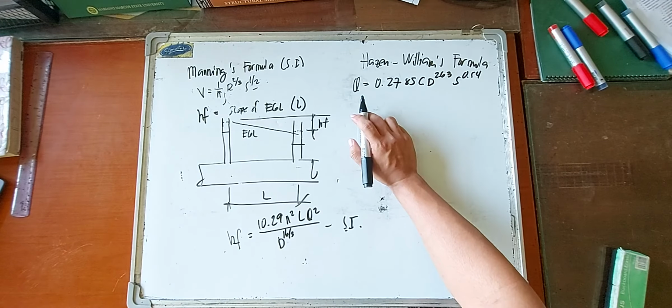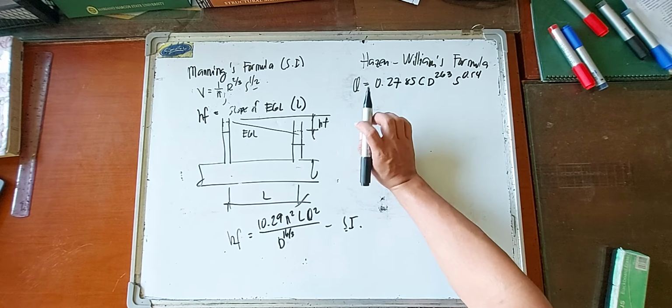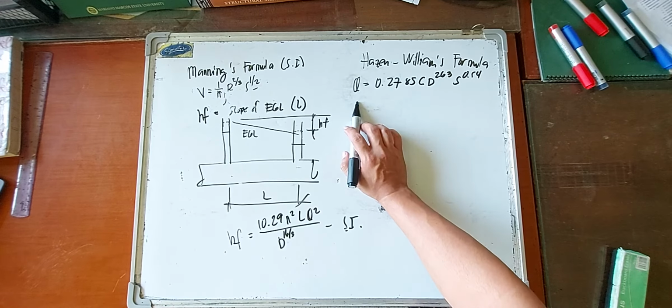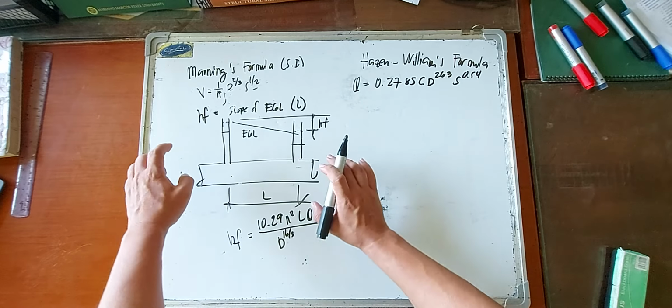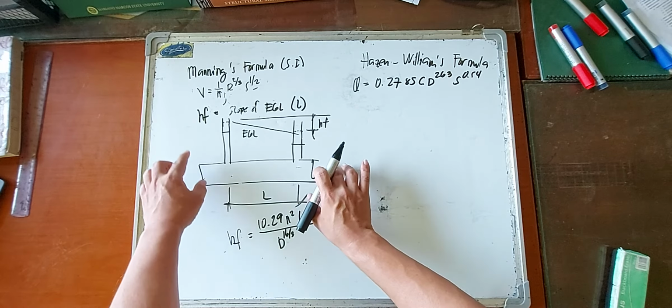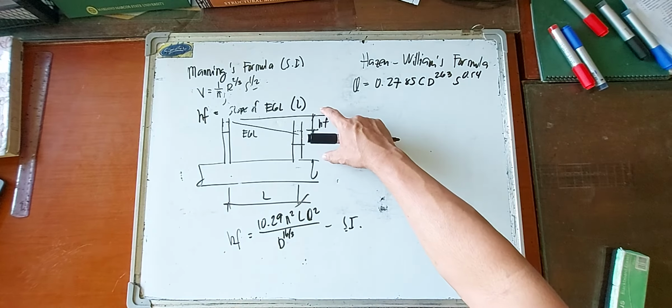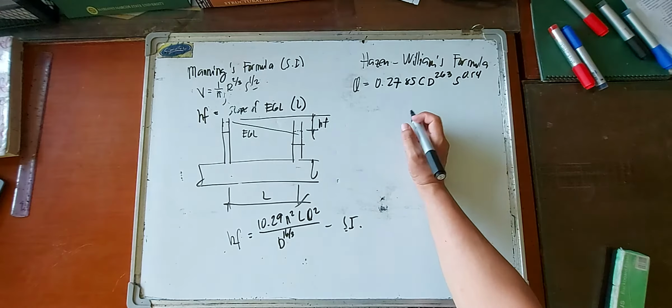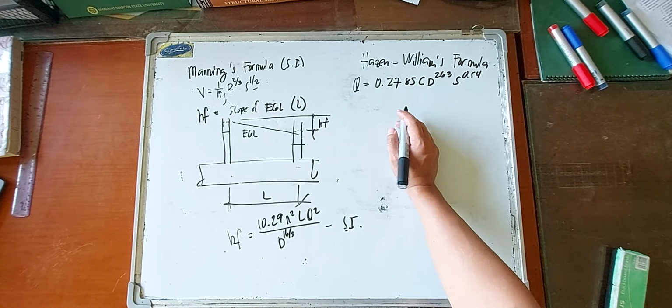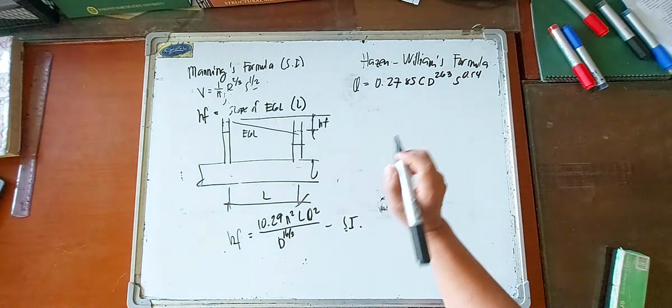So given this derived value or formula for discharge, and using the same principle we've used in Manning's formula, where the difference in elevation between the points is equal to the head loss, okay, we can also derive a formula for